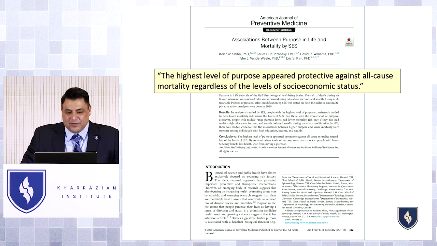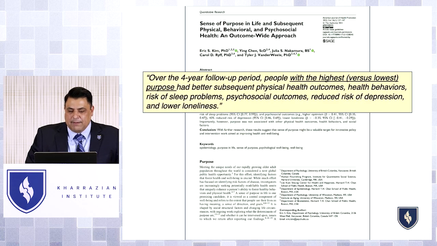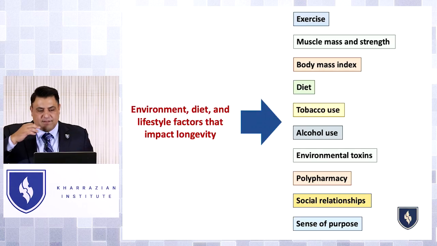The highest level of purpose appeared to be protective against all-cause mortality regardless of level of socioeconomic status. And then another paper found that in men, having a sense of purpose in life affected risk of death from all causes, stroke and CVD, and many papers show the same thing. So those were the summary of the main concepts